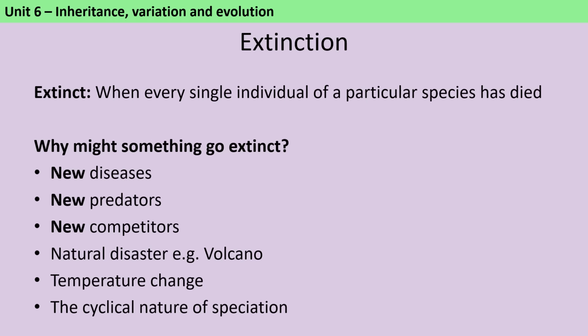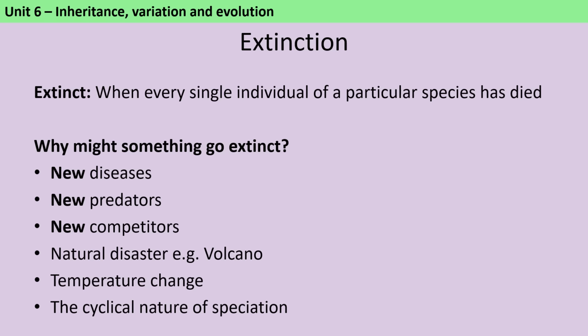When we say that a species has gone extinct, like the western black rhino in 2011, we mean every single individual of that particular species has died out. There are no more, and they're not coming back. This can happen because of a new disease, a new predator, and here we do include humans in hunting, a